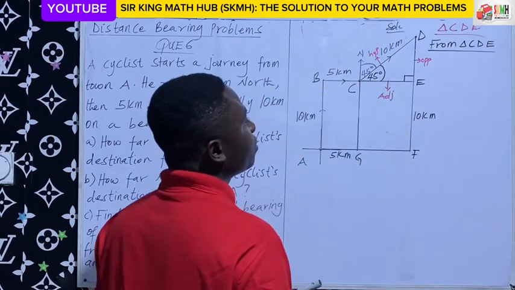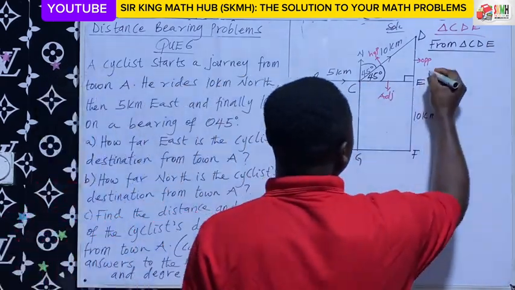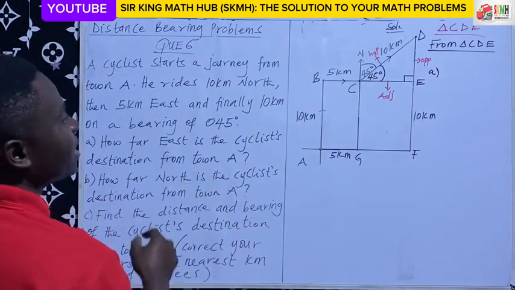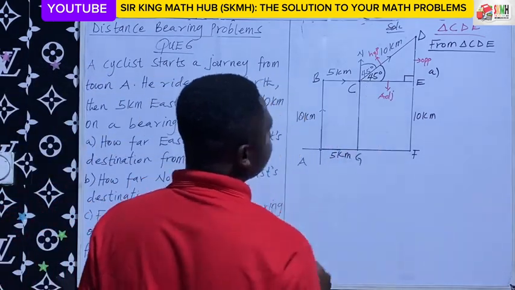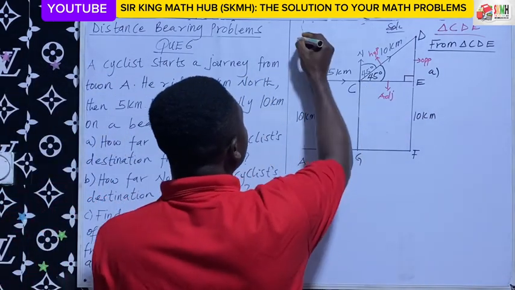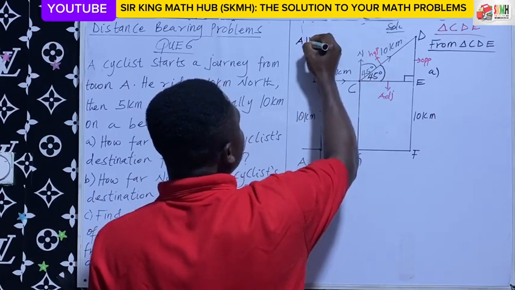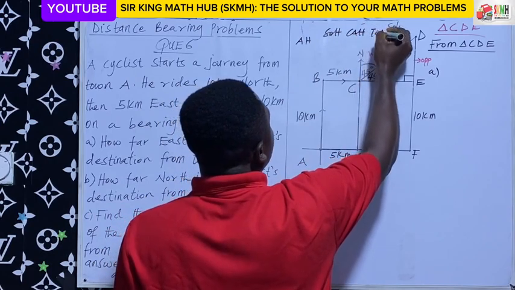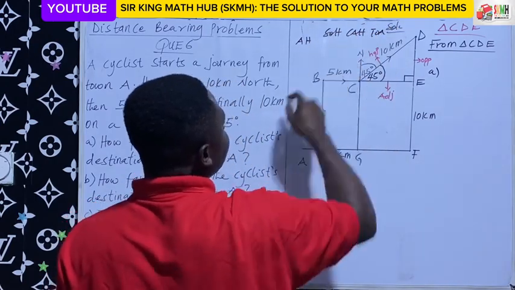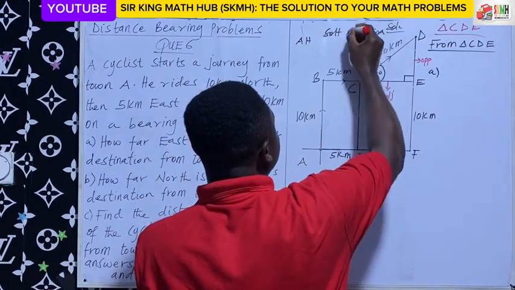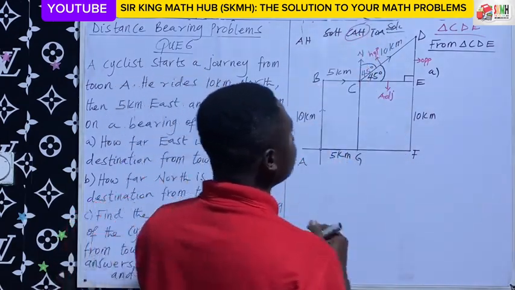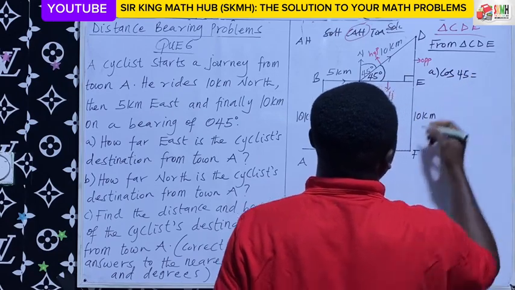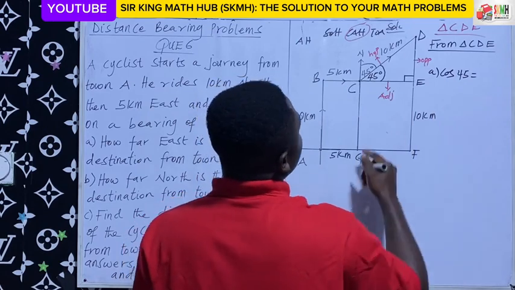the A part says that we have to calculate how far east. So let's calculate this length. To calculate this length, we will need adjacent and hypotenuse. So from SOHCAHTOA, which of them has adjacent and hypotenuse? That is CAH. So what does CAH say? CAH says that the cos of the acute angle here, 45, must be equal to the length of the adjacent